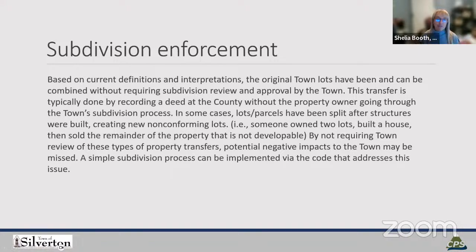So I just wanted to get a feel from you on how you feel about an administrative subdivision process. Again, it's not going to be with the small lot now. That would be coming later with the code update, but get a feel for it. So it helps us know how these small lots are going to be created and modified if we're doing any type of 18 to 20 to 25 adjustments in the standards.